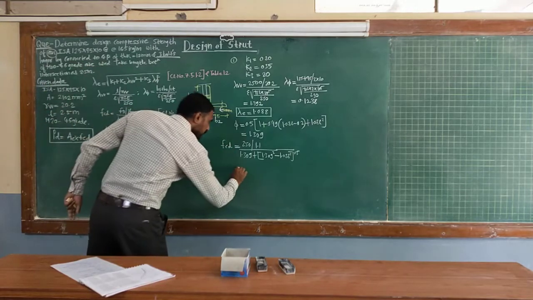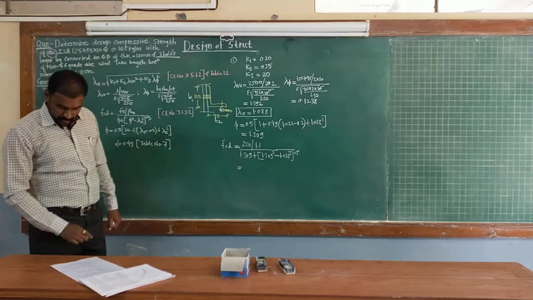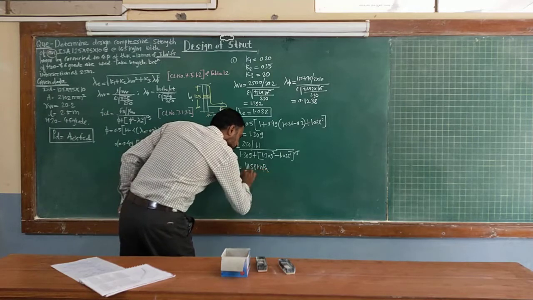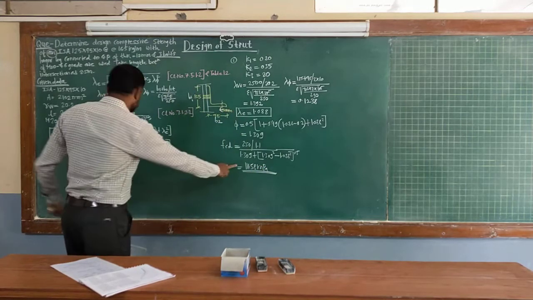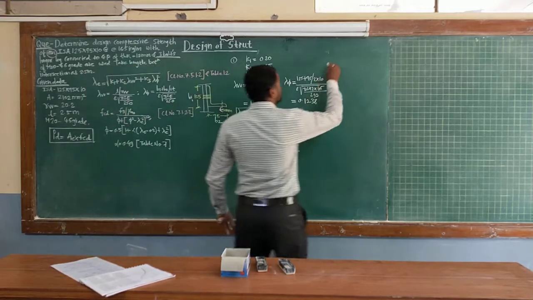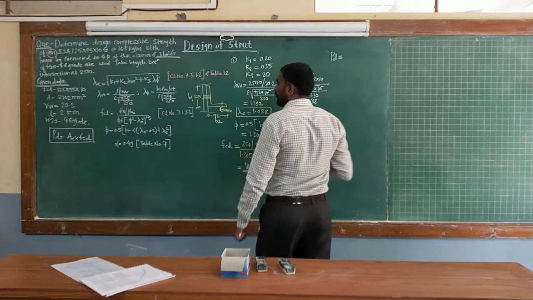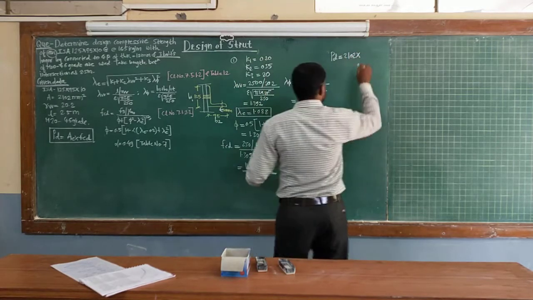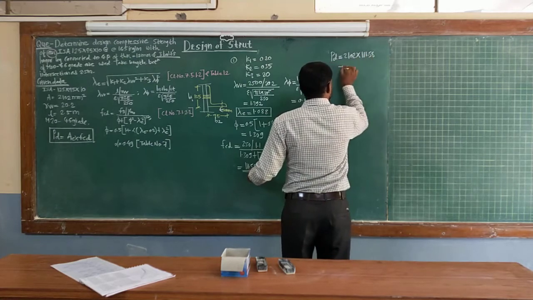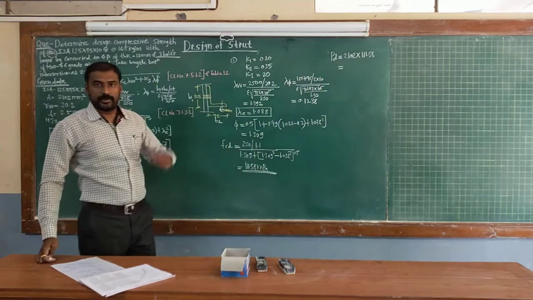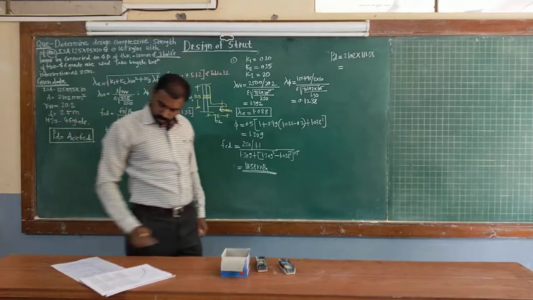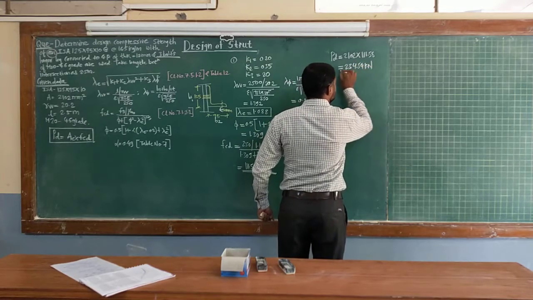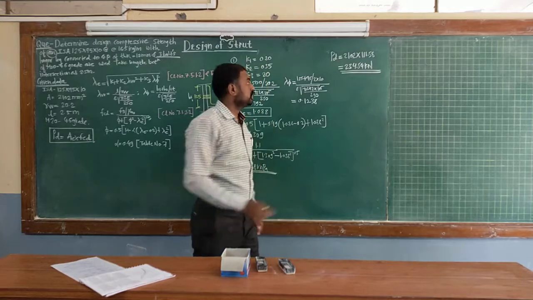So putting these values and calculating the FCD value, FCD will be equal to 111.58 MPa. This is the calculated value. Now putting the FCD value and your effective area, you can calculate the design compressive strength PD, which is equal to effective area, given as 2102, multiplied by the calculated FCD, 111.58, divided by 1000. We get the value in Newton, so dividing by 1000 you get the value in kilonewton, that is equal to 234.54 kilonewton. So this is the final answer in kilonewton.